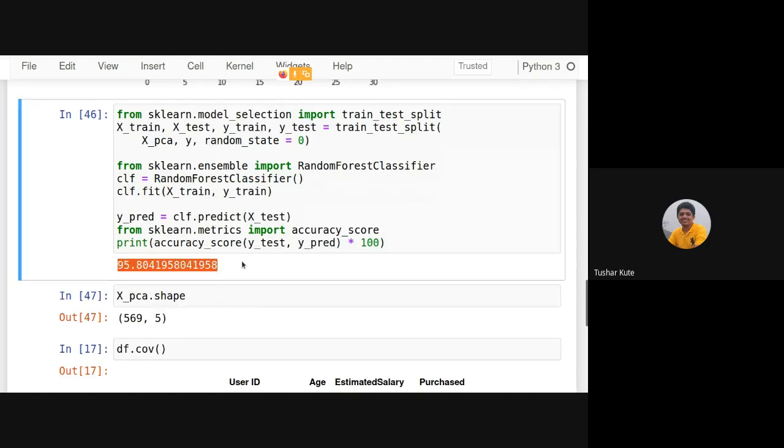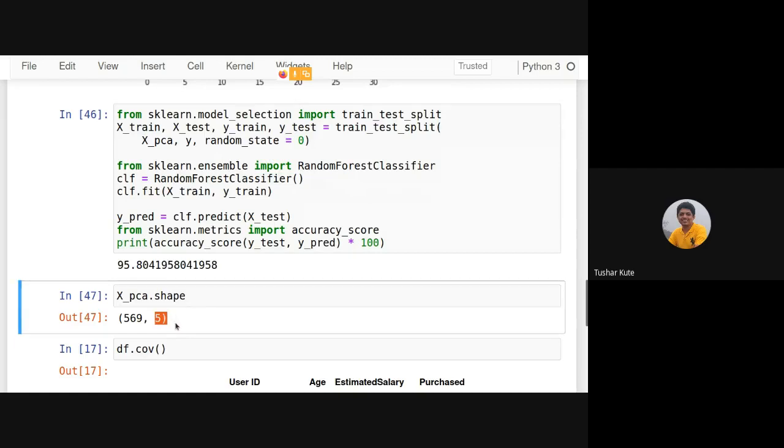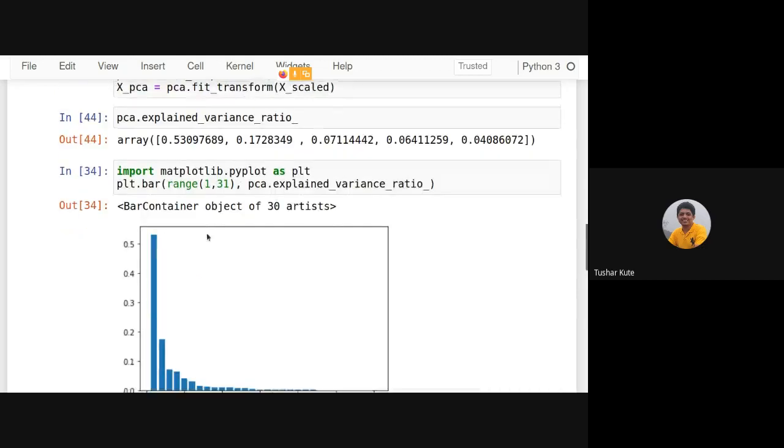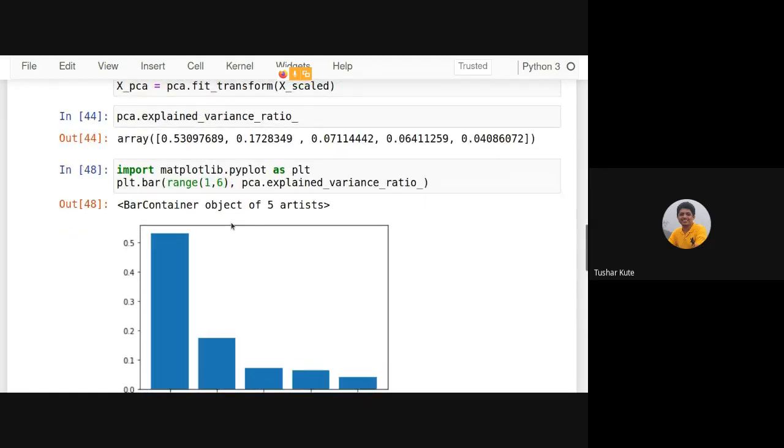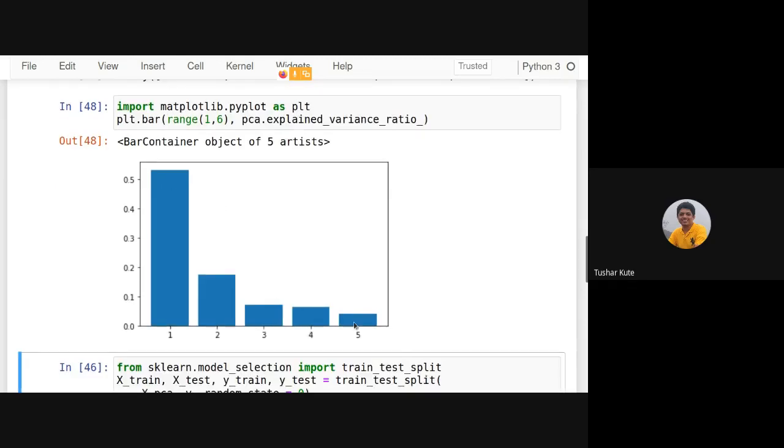So you can check the differences, not much difference there, and now I can use only these top 5 principal components and go ahead with that. You can see the graph of it also. There are 5 principal components I've taken. See, the top 5 components which contain the highest variance, only they are taken.